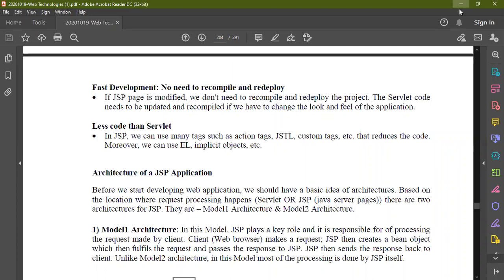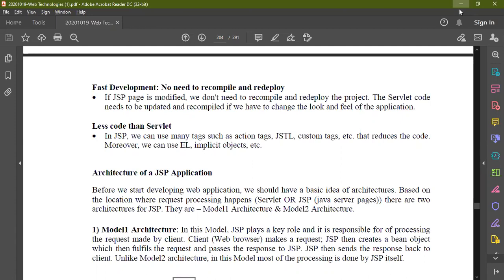In this you go to file, then new, then project. Here we have so many projects. Select the web project, then the dynamic web project, and click next. Those who are interested can follow along. I will share the file again.